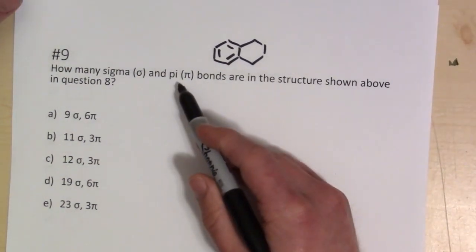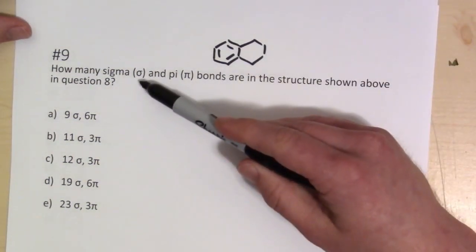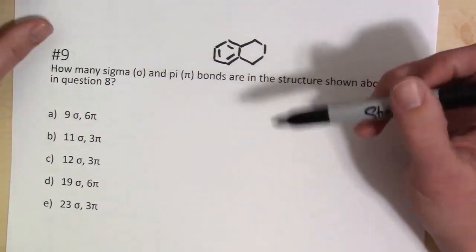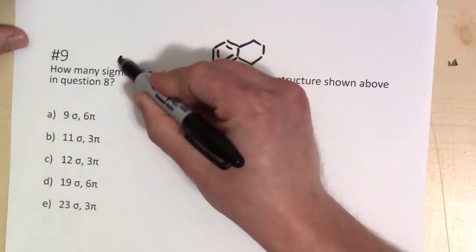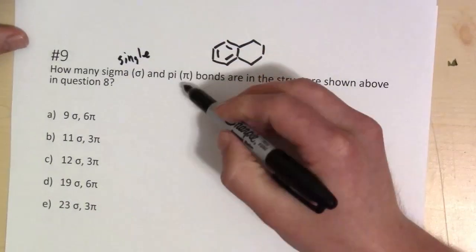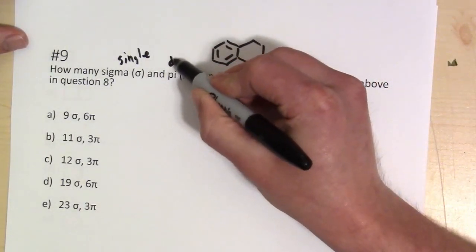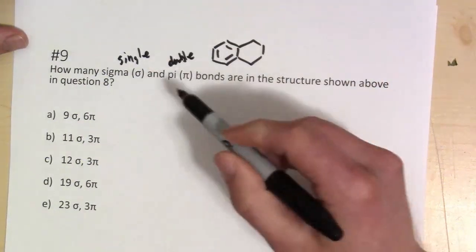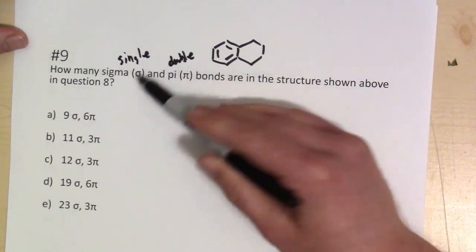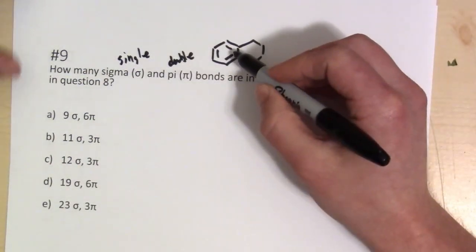A pi bond happens anytime there are multiple bonds, and a sigma bond is present in multiple bonds as well as single bonds. So when you have a single bond, you have a sigma bond, and when you have a pi bond, you have a double bond. So single bonds have 1 sigma bond, double bonds have 1 pi bond and 1 sigma bond. So if we redraw this structure here,